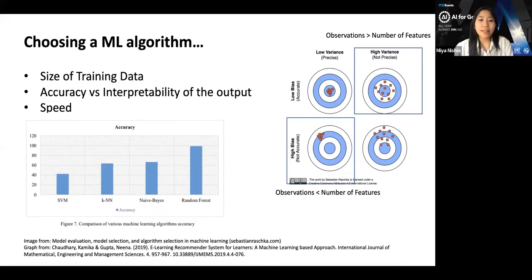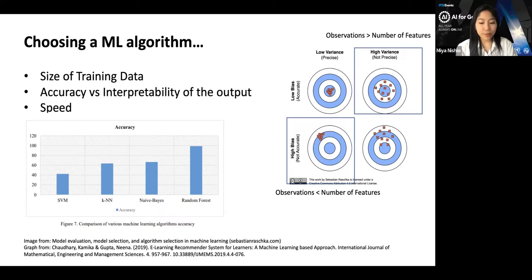And then we have accuracy and interpretability of the output. So higher accuracy means that the prediction of the model is very close to the true response, the actual value. High interpretability means that the model's predictions are easy to understand from our point of view. So to go into this a little bit further, some algorithms are called restrictive because they produce a limited number of shapes on the mapping function. So for example, linear regression can only produce relations of straight lines.